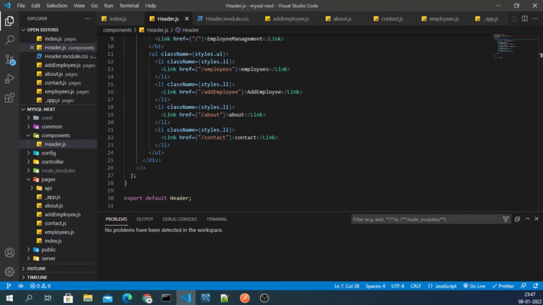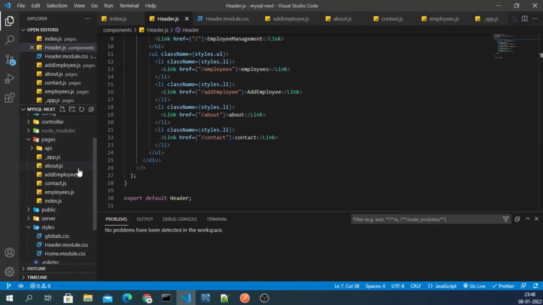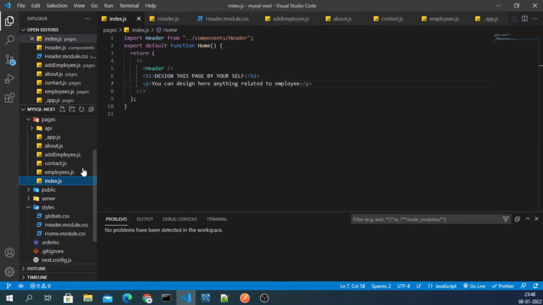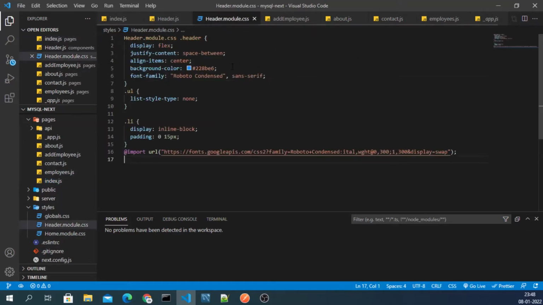Why are we getting an error? Okay, there's no issue in this. So is there an issue here?